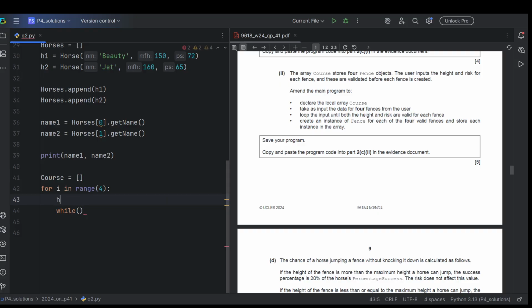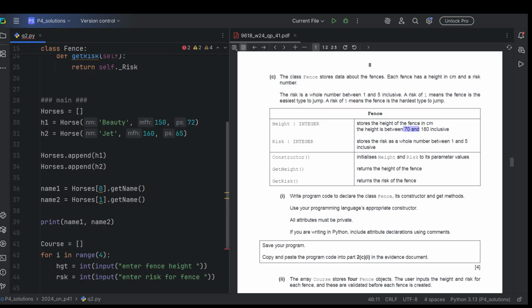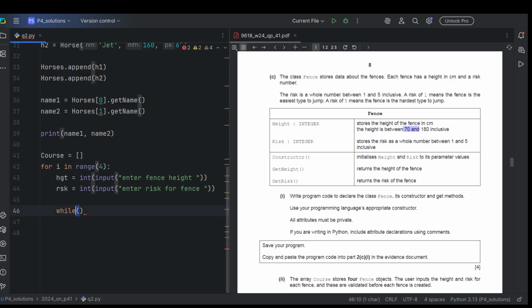So height is equal to int input enter fence height, and then we have the risk equal to int input enter risk for fence. Okay, so we run a while loop and we check while the conditions were height should be between 70 and 180. So while height is less than 70 or height is greater than 180, right? So either one of these,